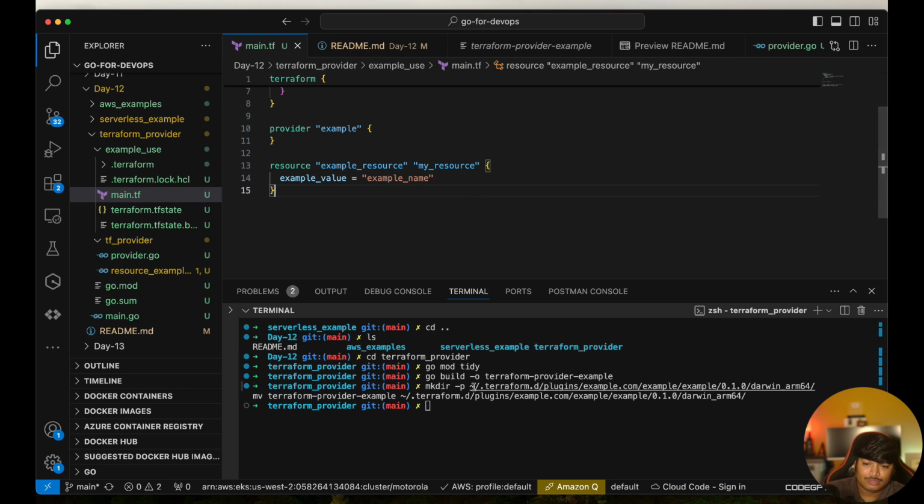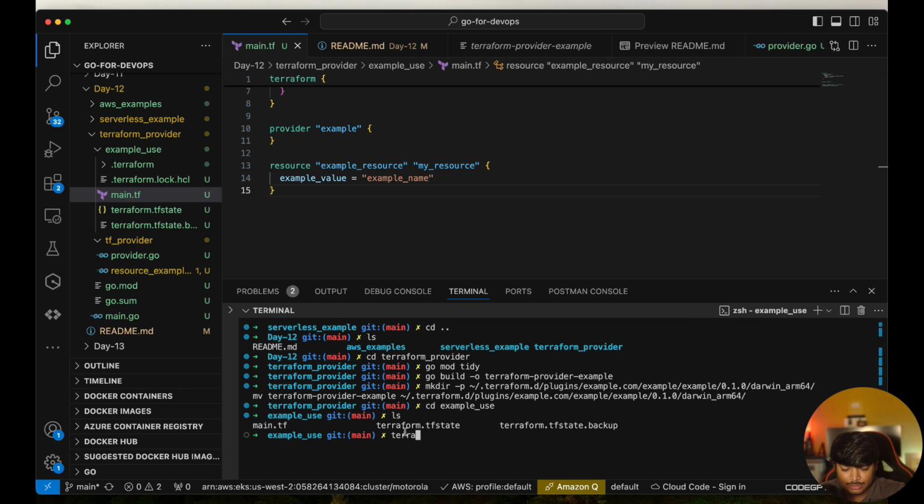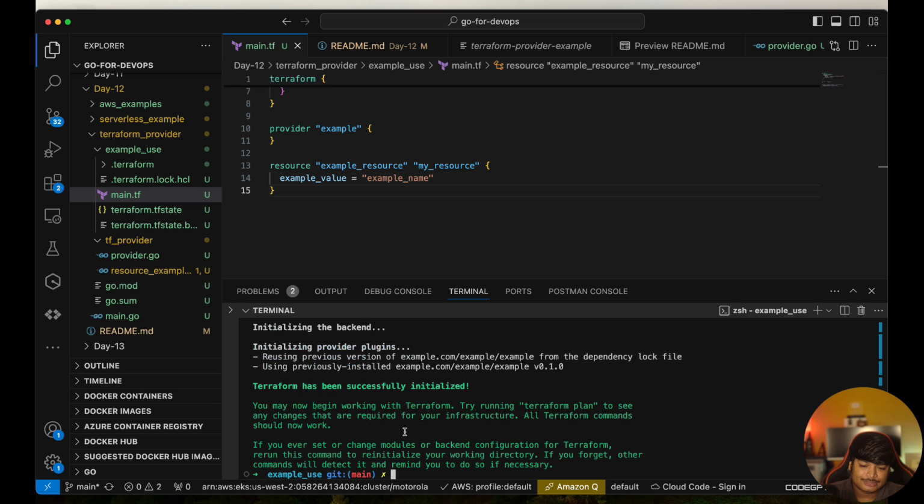Okay, now how can we create the resource, and how can we utilize this particular custom provider? Let's go to the particular folder that is example use, and do ls. So we have the main.tf. So do terraform init. Okay, if the plugin doesn't exist, it will import that here, this Terraform folder providers, and then let's do terraform